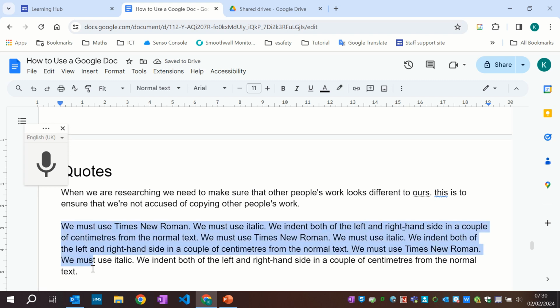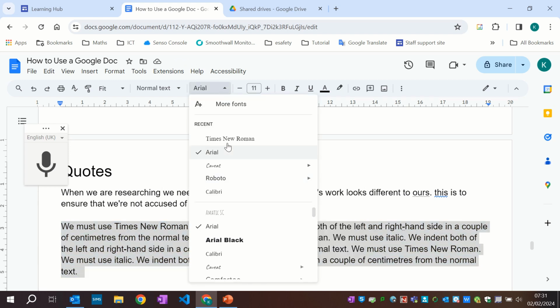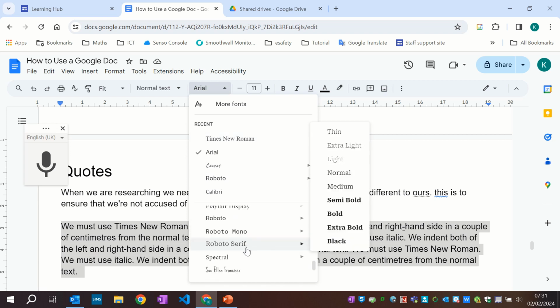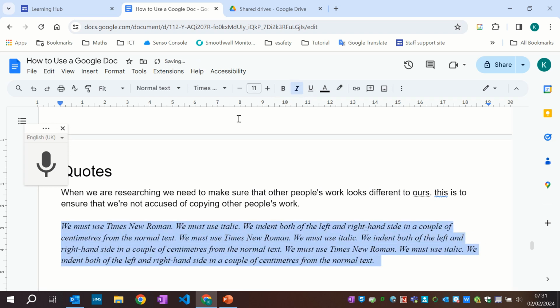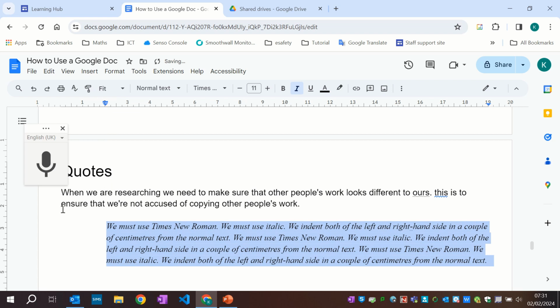What I'm going to do now, I'm going to highlight that text. I'm going to come up to here. There's Times New Roman. Yours might be down there a little bit. You have to go and find it. Okay, italic is up here. Okay, and we're going to move these yellow triangles. Don't get the rectangle at the top, just get the little triangle at the bottom and move it over to 2. And notice how, look, the text has come in over here, and then we're going to do the same thing